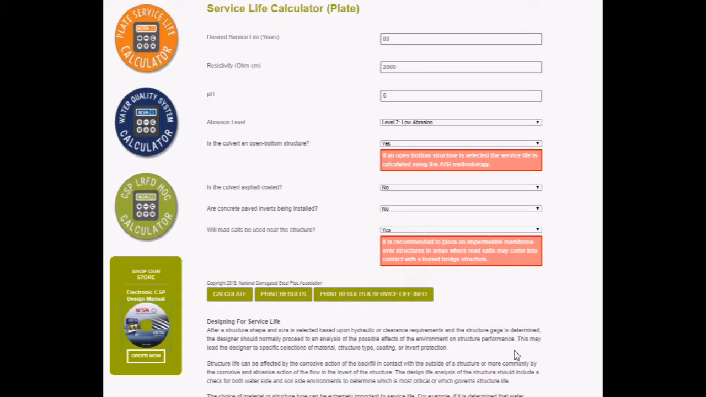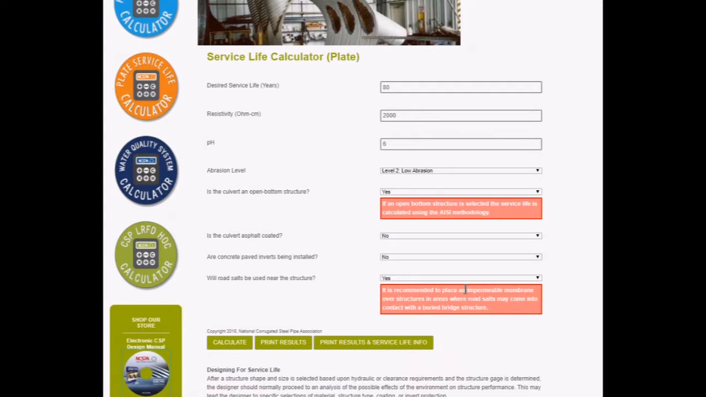Again, a pop-up shows up. It is recommended to place an impermeable membrane over the structure in areas where road salts may come into contact. So that does it for all the input variables. We can hit calculate,